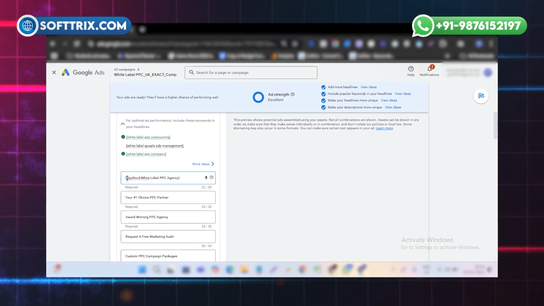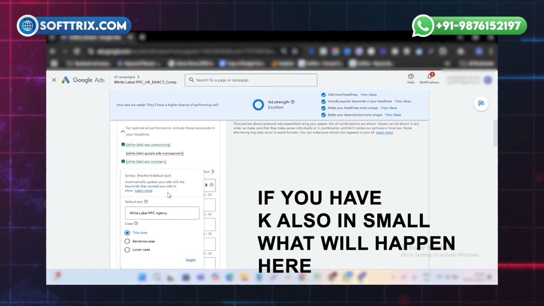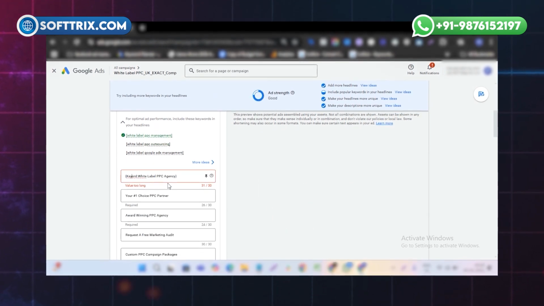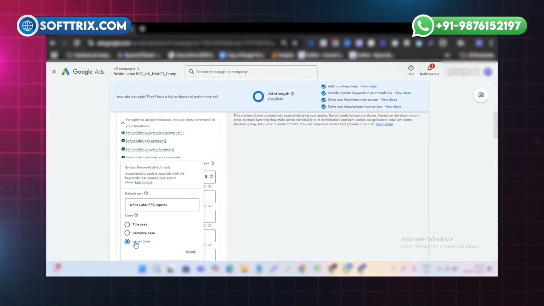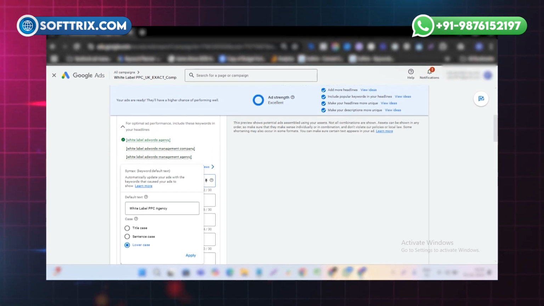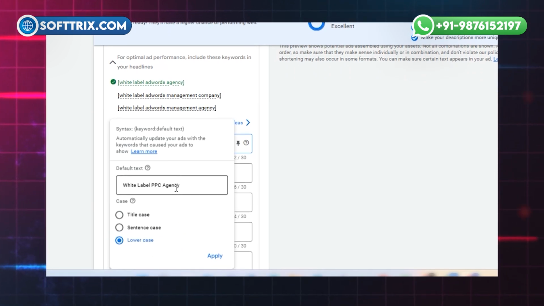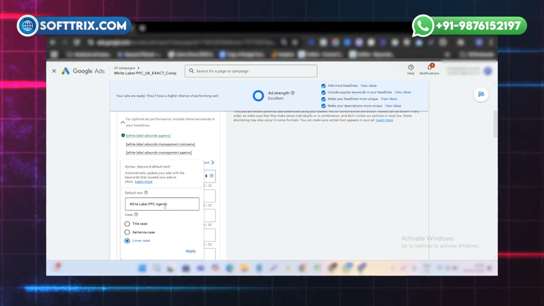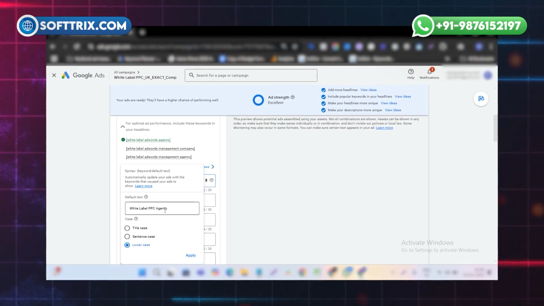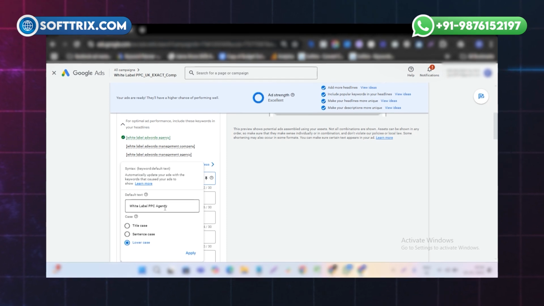Then if you have K also in small, what will happen here? If you have K in small, then this headline will show in lowercase. So white label PPC agency, the first word will show as lowercase. I know this will not look professional or this will not look good when you see that actually in the ad.